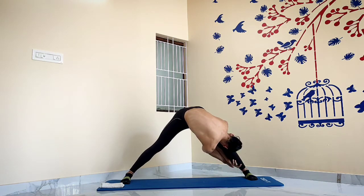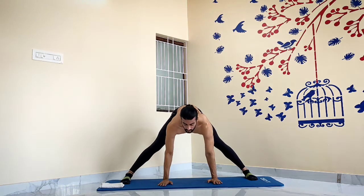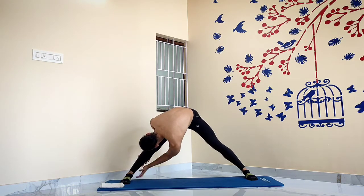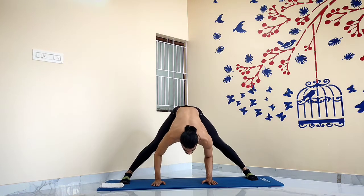And from here we can do variations of side stretching where we will touch our forehead to the knee. You can hold on to the back of your leg, which will help you to go deeper while stretching forward. Now repeating this 5 times with each leg,